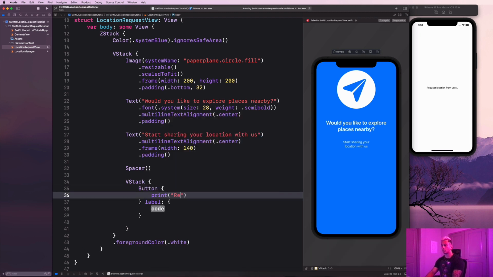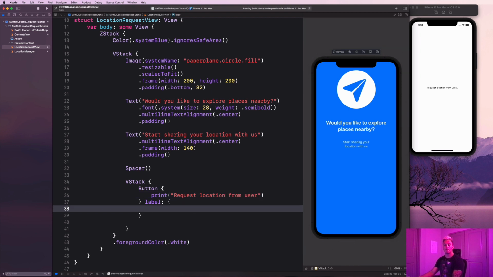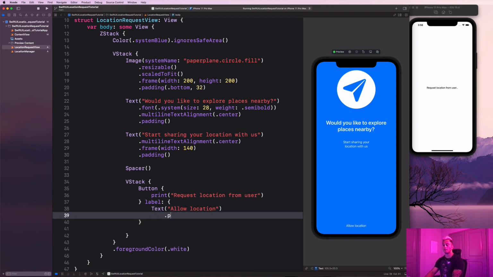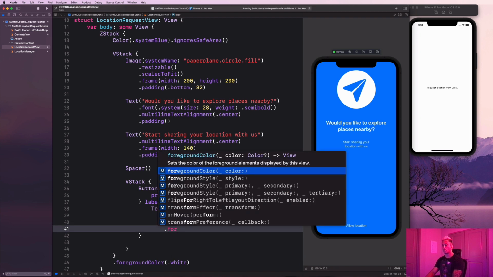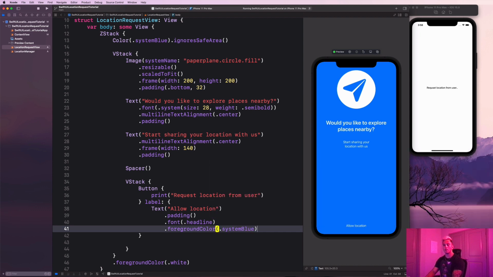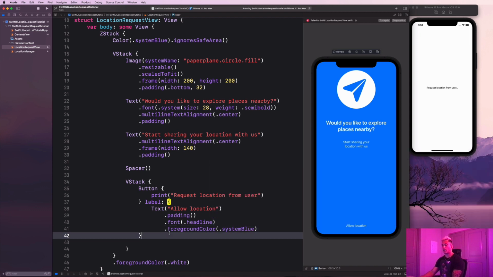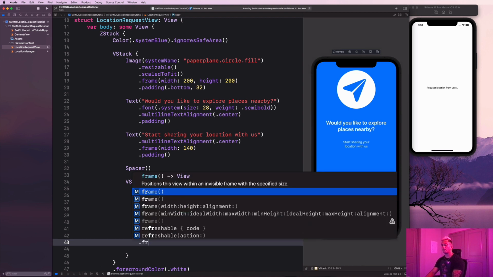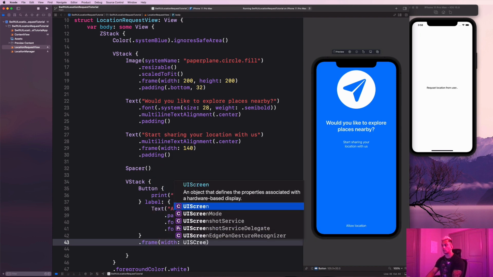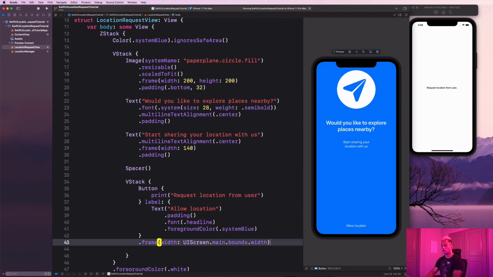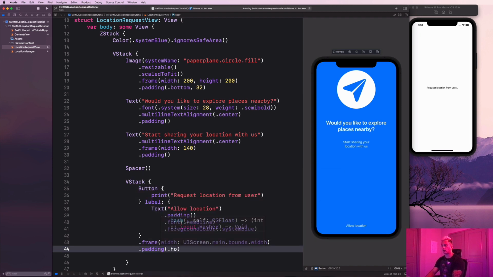Here we'll say print request location from user. Our label is going to be a text that says allow location dot padding dot font, font dot headline dot foreground color dot system blue. Okay, so not exactly what we want yet, but then we're going to give it a frame. Width is going to be UI screen dot main dot bounds dot width, and then we're going to give it a padding of dot horizontal